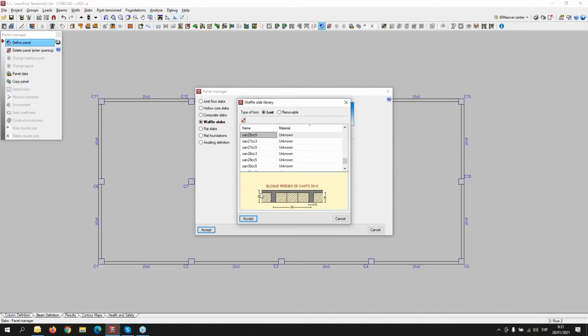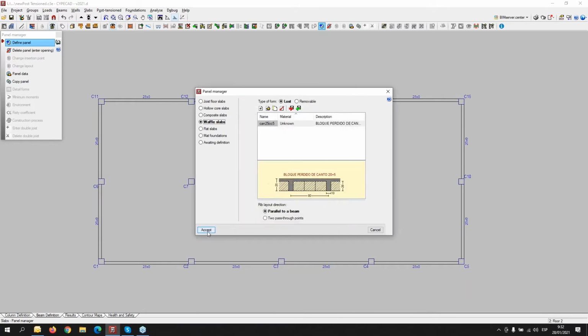The most important features for our waffle slab are the distance between the ribs, the dimension of the rib, the height of the form, and the compression slab. So we can accept,